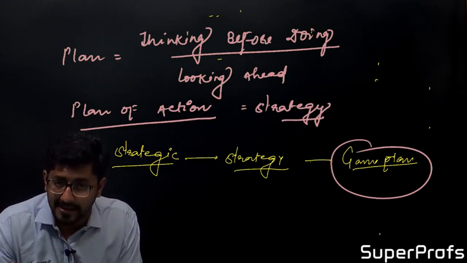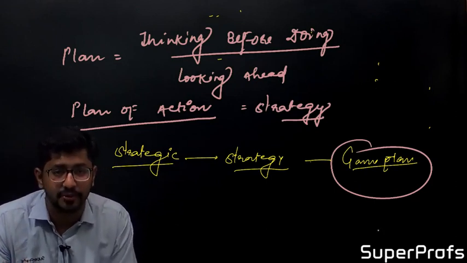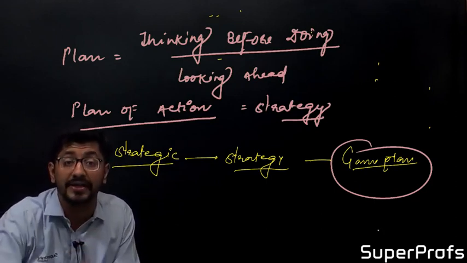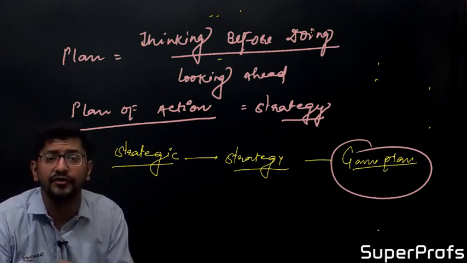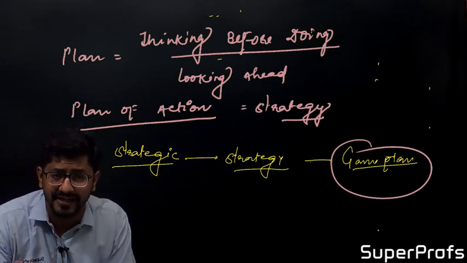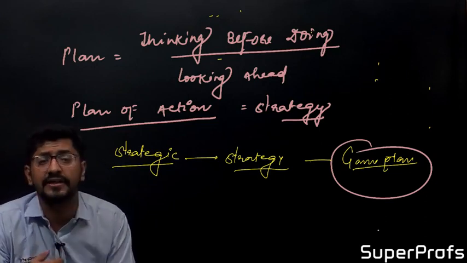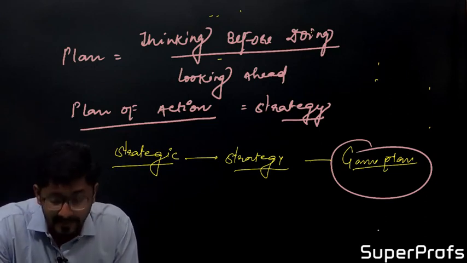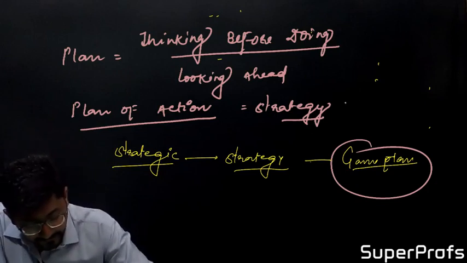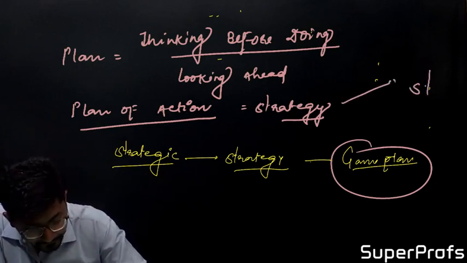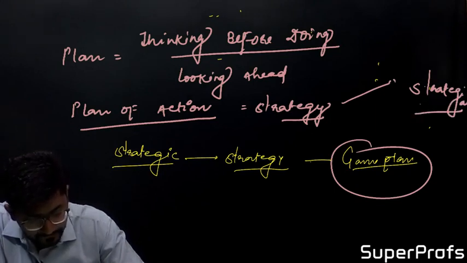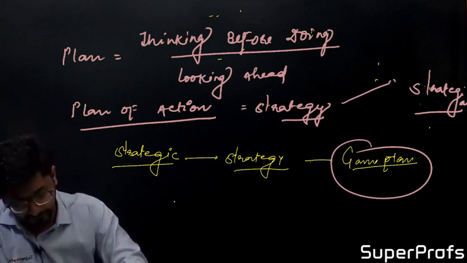We make a plan. The plan is the first step to do a business, what we are going to do in the near future. But how we have to do it, what steps we have to take, what policies we have to maintain, all these terms come under the umbrella of a strategy. So strategy is a word that comes from the word strategia. Strategia is a Greek word.